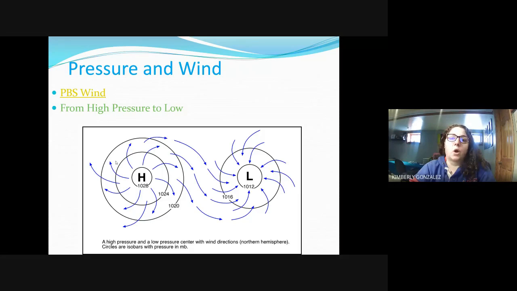Now, it's always going to move from high to low. It kind of looks like the infinity symbol, except it just doesn't come back. In low pressure, again, you're going to look at the millibar values, and they decrease as they go in. So if there's not a big H there or a big L there, that's one way that you can determine what type of a system we have. So we're going to watch a little video